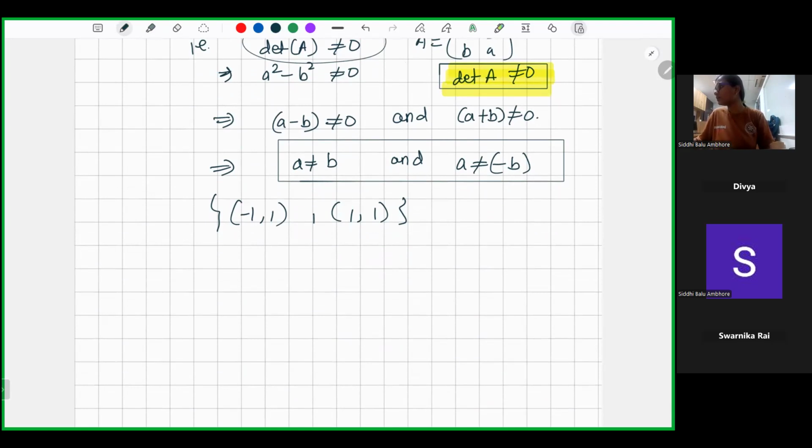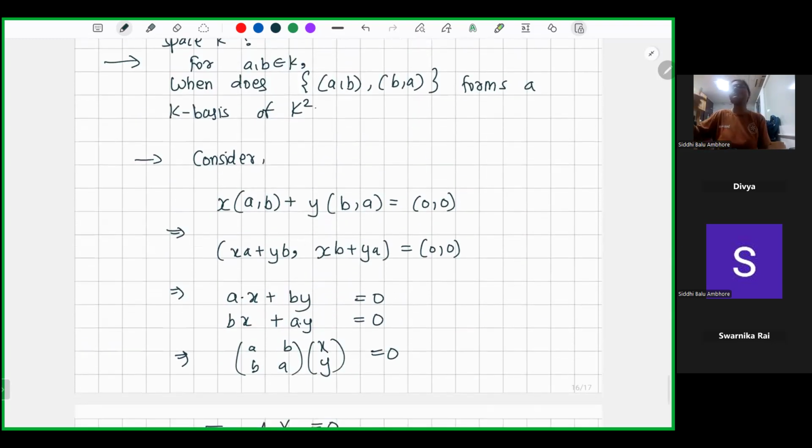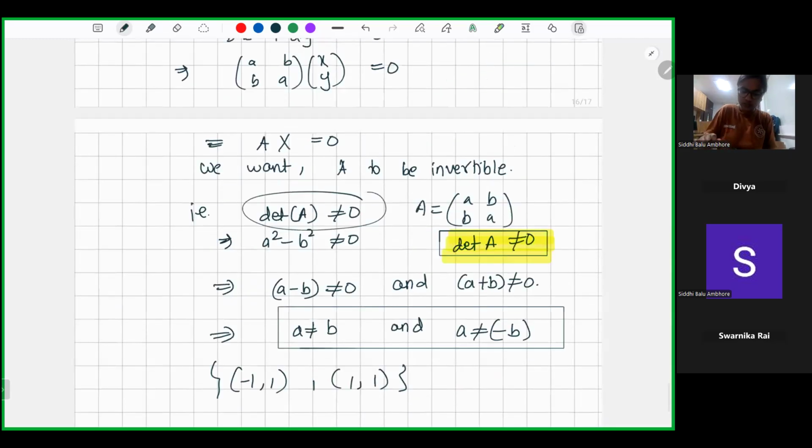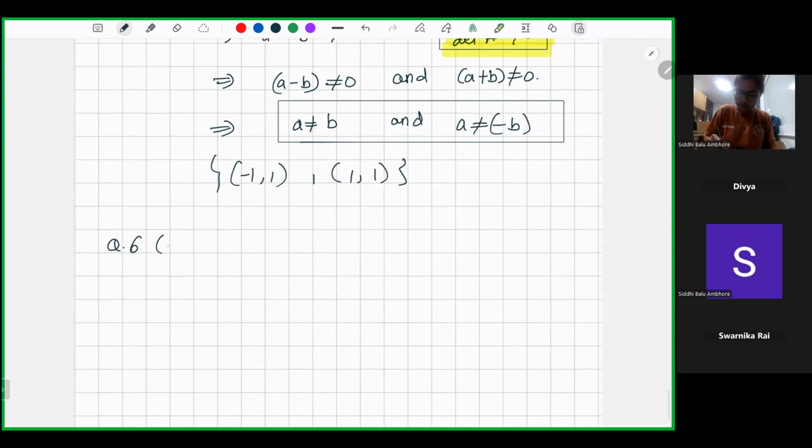We can find the coordinates. So this 5.4, if you look at the question, let me just write this question. This is, I think, question 6 which we are discussing, that is question 5.4 from the assignment. Let K be a finite field of cardinality Q, and we have to prove that